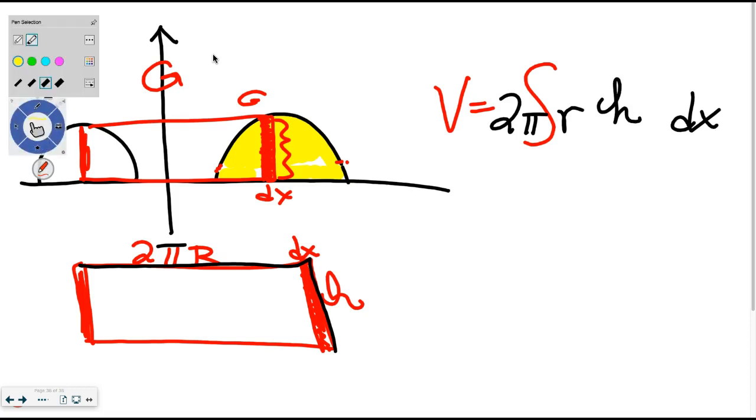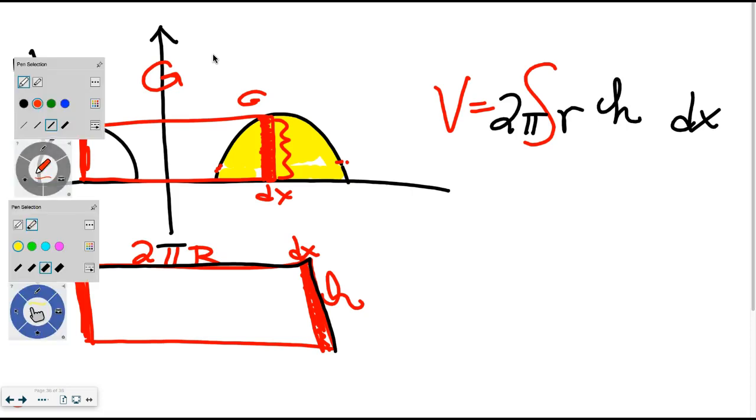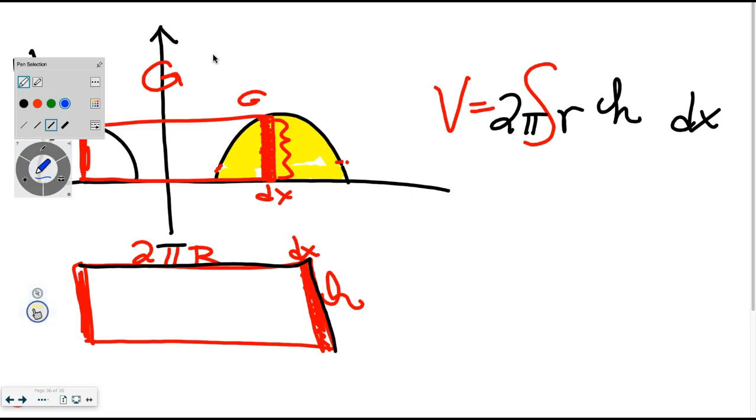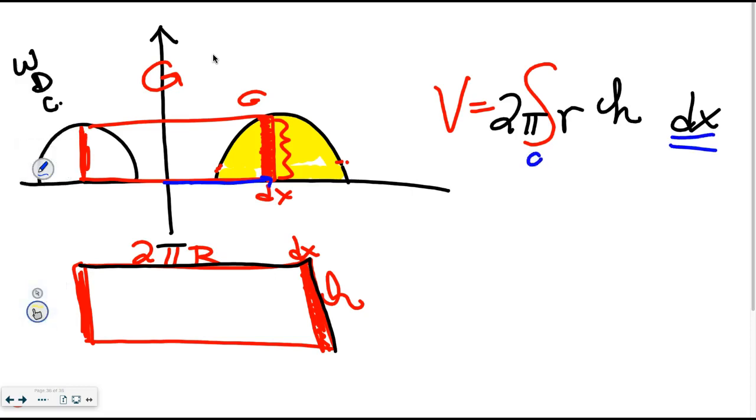That's actually what's really nice, is that for the cylindrical shells method, we get to retain the dx, which is nice, so we can integrate from a to b, which is along the x-axis. The radius is just from here to here. And if I were to write what this point is, this is the point x, f of x, whatever this